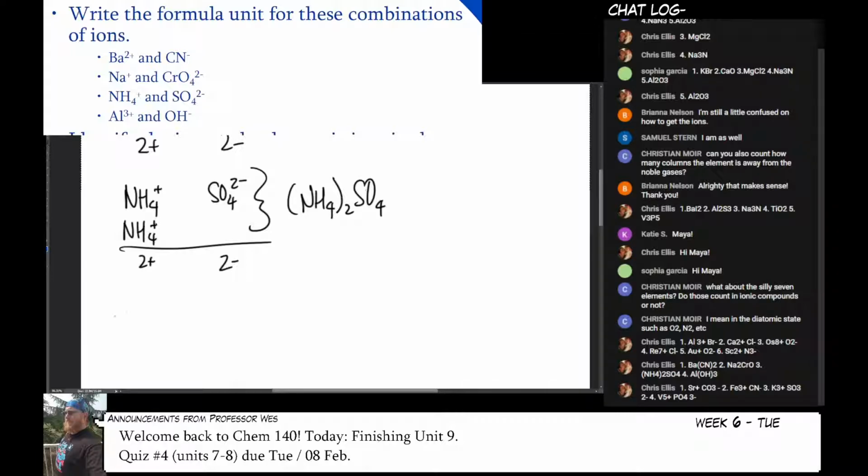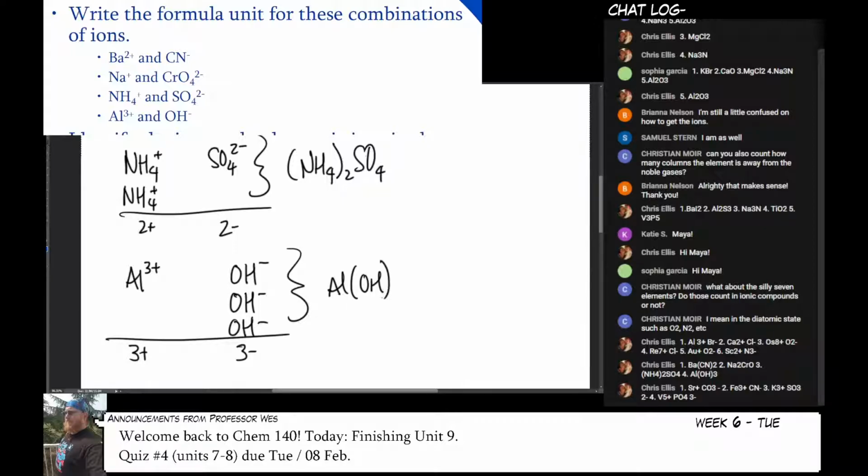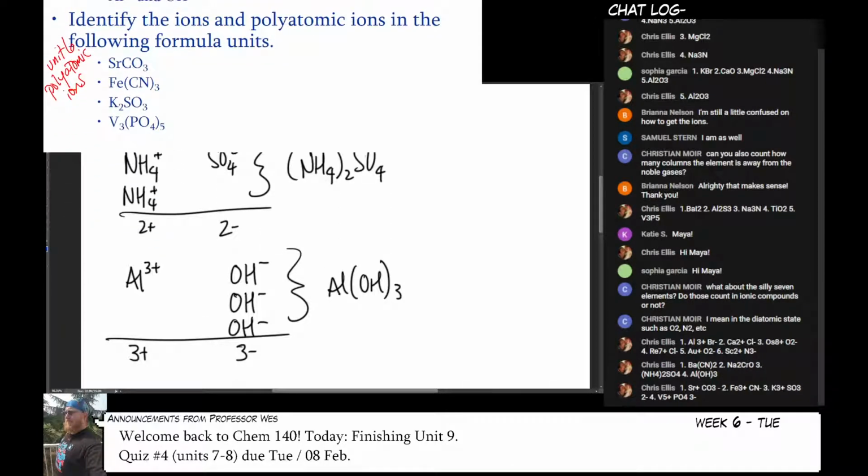And then finally, aluminum and hydroxide here. I must have 3 total hydroxides to make that work. And there you go. There we go. Okay, so now for the next part, we're going to split these into ions, which we're going